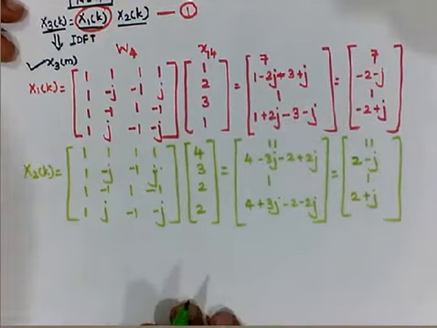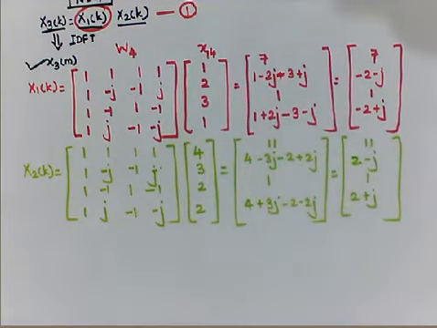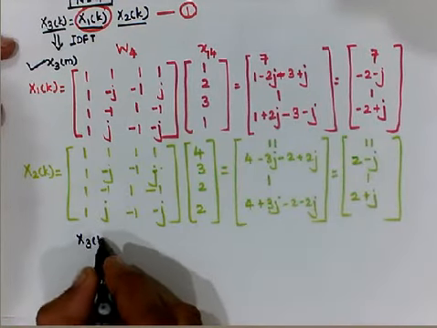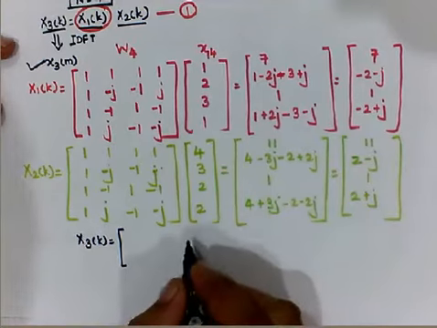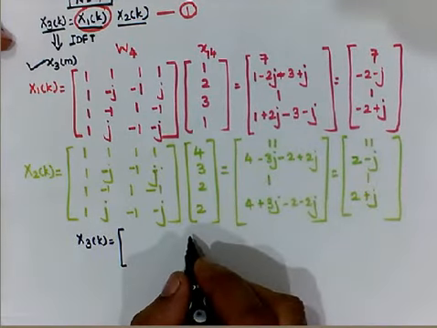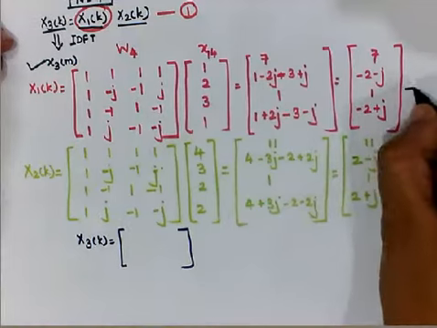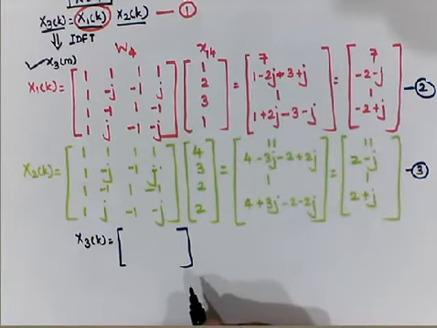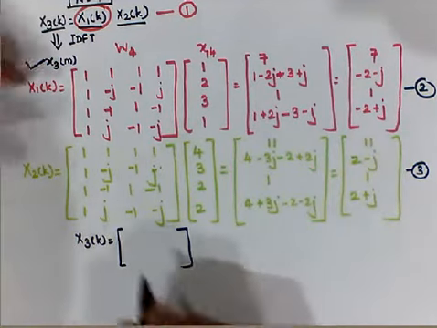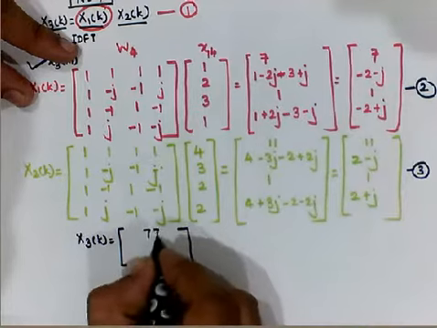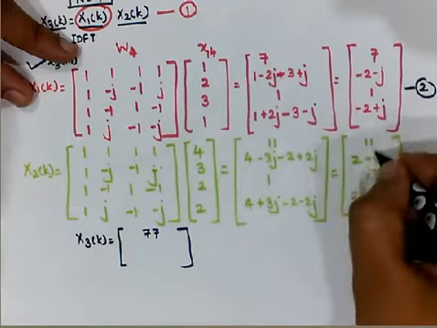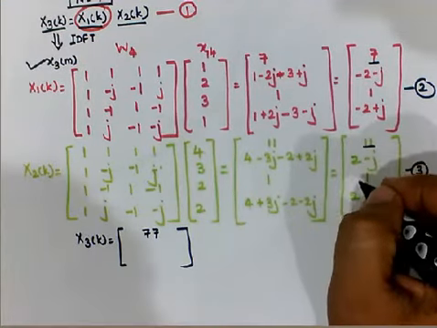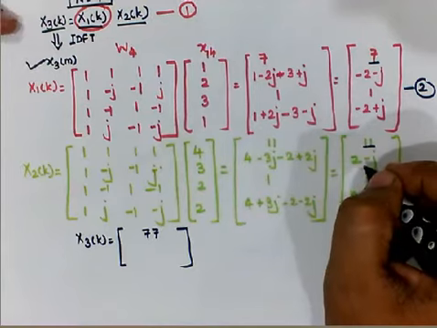Now once we calculated this particular thing, x1 of k and x2 of k, refer the equation number 1. So x3 of k is nothing but simply multiplication of these two. For multiplication, let's say refer 2 and 3 values mentioned in equation 2 and equation 3. After multiplication, it is simply 1 to 1 multiplication. So this will be 77, 7 into 11, that is 77. These are nothing but conjugate of each other.